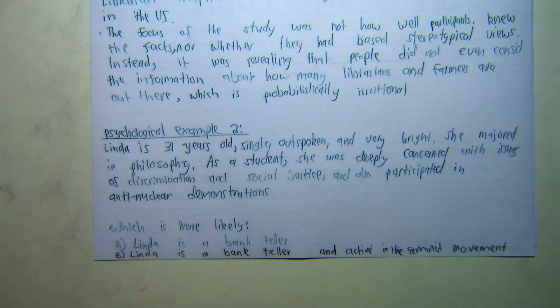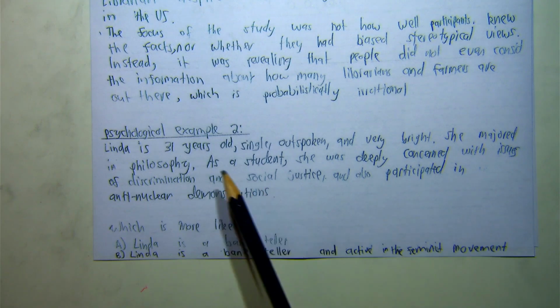And the correct answer to this question is that it's more likely for A to be true, Linda is a bank teller. And the reason for this is not because it's unlikely she is a feminist, but because every feminist that's a bank teller is still just a bank teller. And then all of the bank tellers that aren't a feminist are included in this option A for being a bank teller. So we don't actually have any reason to pick B, because even if 90% of Lindas of this